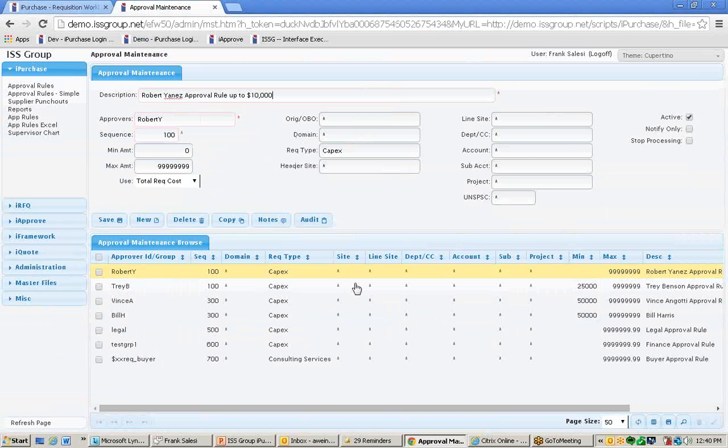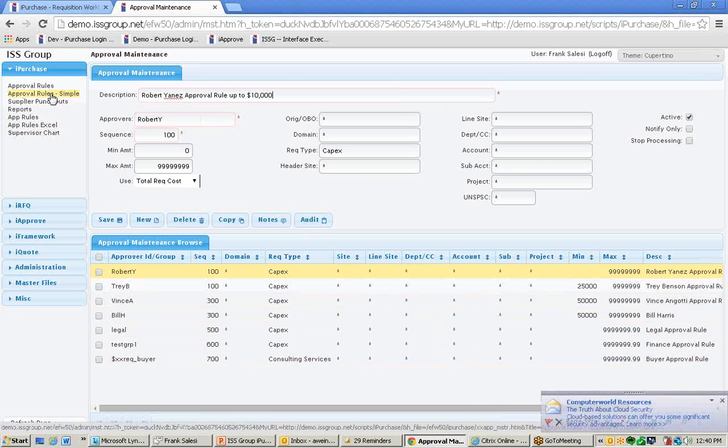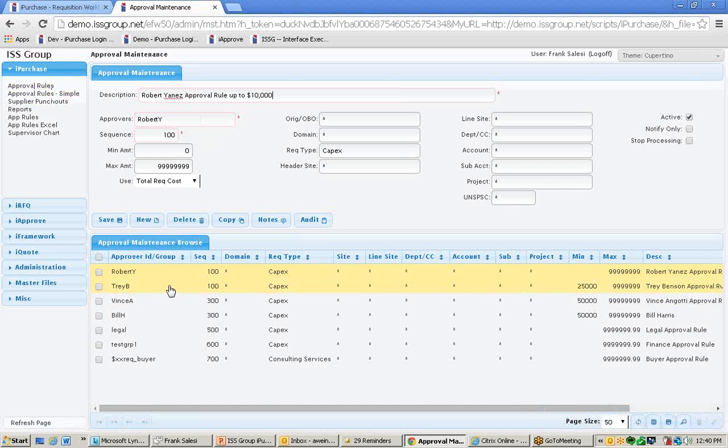So here we are in the admin section of iPurchase. Okay? And this is what we call the simple approval rules maintenance program. So we have two different ways to set up approval rules. We have a simple way and we have a more complicated way. Okay? So what we see here are the